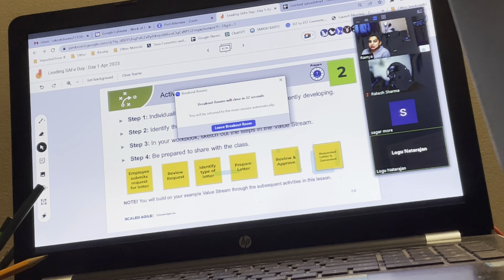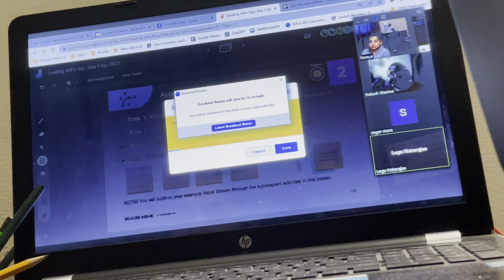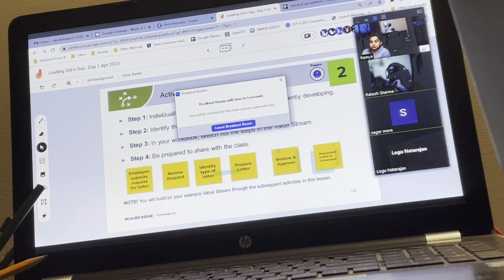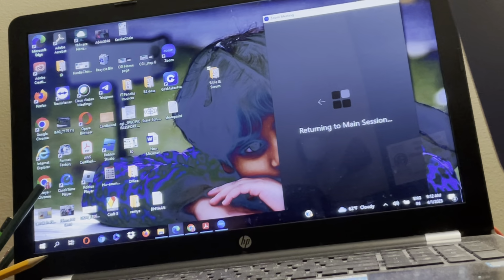If a person is asking for an experience letter or something, then reviewing it, identifying what type of letter, preparing it, and the manager approves it, and the ultimate solution is that the letter is prepared. So we are saying that there is an automated solution for that. If the employee submits the request form for the experience letter, it will get automatically generated. If the letter is wrong, then again we have to